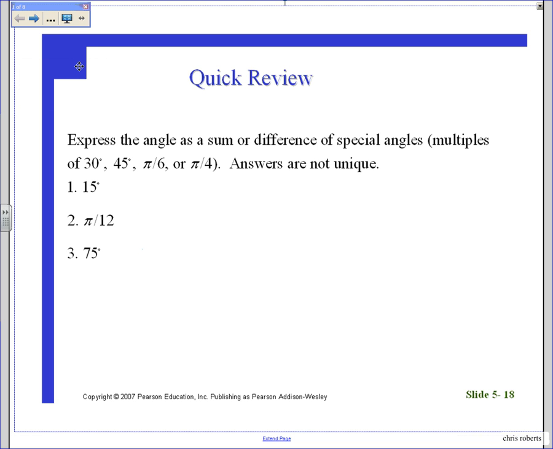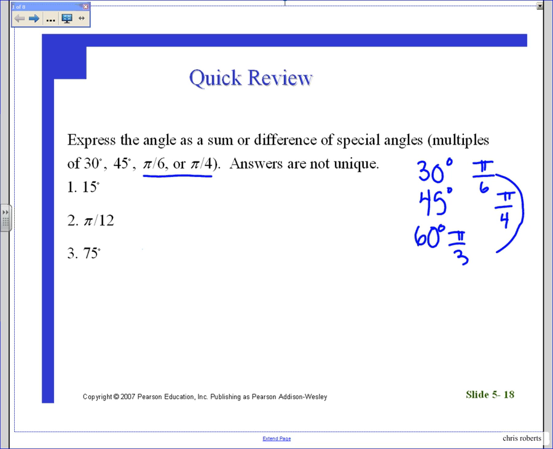Okay, so today we're going to look at section 5.3. Good little reminder here for us. We're going to want to be able to consider and utilize the first quadrant angles in the unit circle, namely 30 degrees, 45 degrees. I would add to that 60 degrees. Obviously, 60 is a multiple of 30, which makes sense. However, they give us the pi over 6 and the pi over 4. So we know 30 degrees is pi over 6, 45 is pi over 4, and 60 degrees is pi over